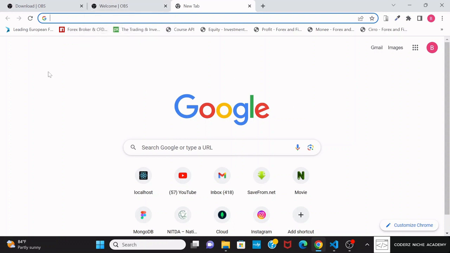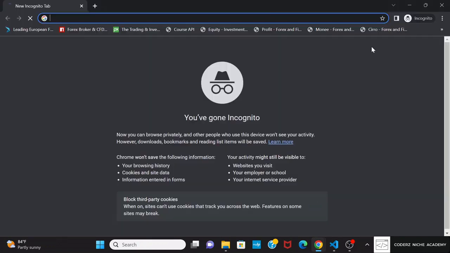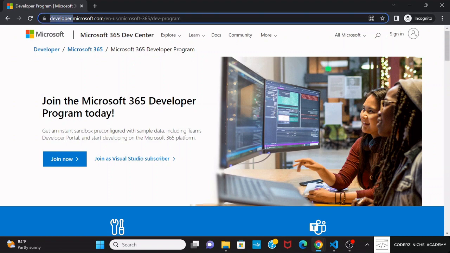For free using the Microsoft developer platform. The first thing we need to do is go into our Google Chrome browser and go into incognito. Visit developer.microsoft.com/en-us/Microsoft-365/dev-program for us to be able to access the developer Microsoft 365. So when you get to this part on the web page using your incognito window on Google Chrome, simply click